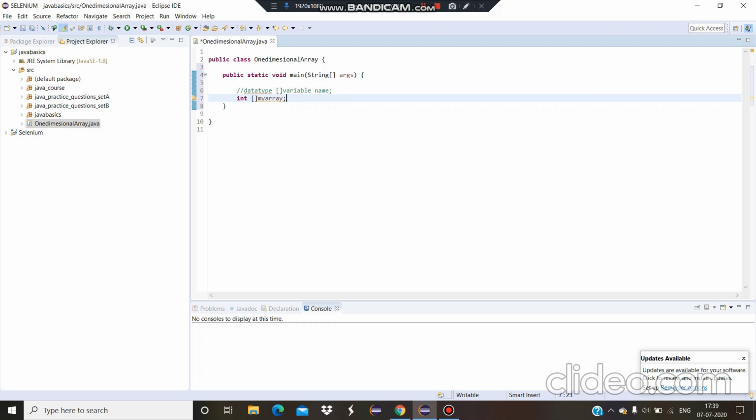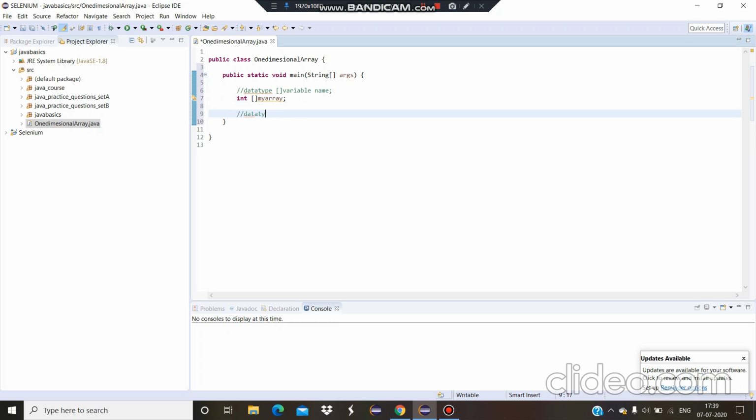If you know the size of the array you are going to declare, then you can use the new keyword. Otherwise, if you only know the values and don't know the number of elements that you are going to store, then you can initialize it using the curly braces. We will see both of them. First, we will see how to initialize it. The first way is to use the new keyword. So the initialization and the declaration can be done in the same step.